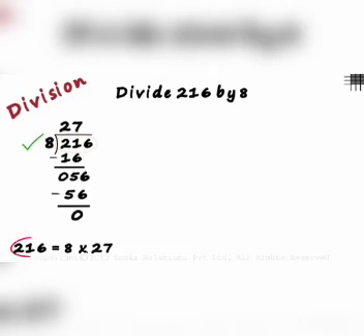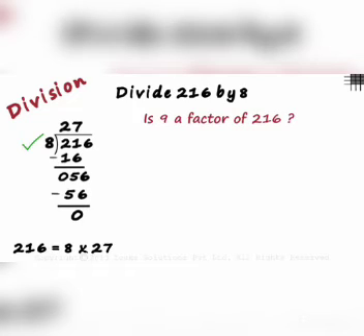Yes, as we can write 216 as 8 multiplied by 27, 27 is also a factor of 216. Remember, 8 and 27 are two of the many factors of 216. This division just helps us to know if 8 is a factor of 216 or not. And if we find out that the divisor is a factor, then the quotient as well has to be a factor. Let's see if 9 is a factor of 216.